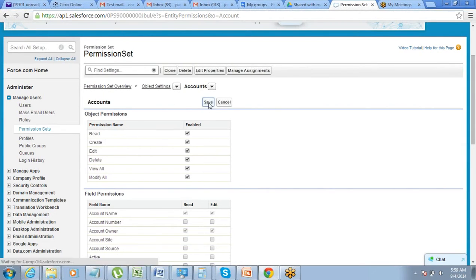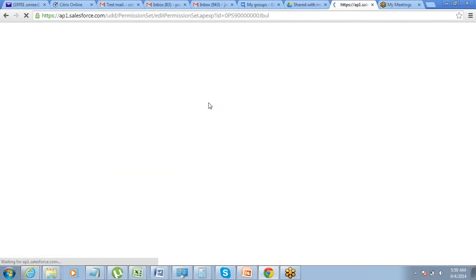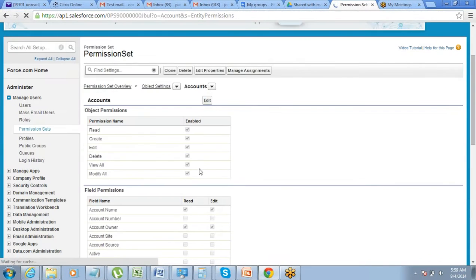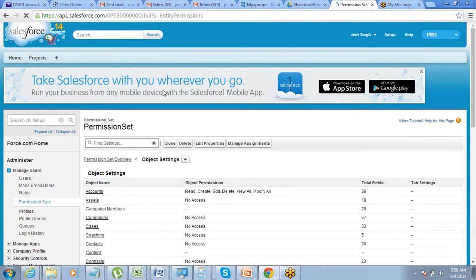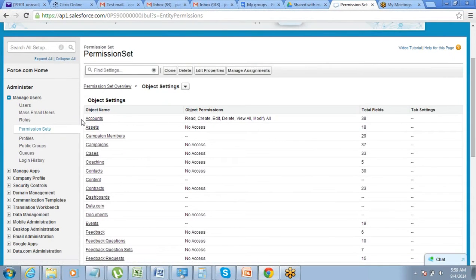So basically this permission set becomes a collection of permissions on account. This way you can add more objects as well. Now this permission set holds the permission for accounts: read, create, edit, delete.